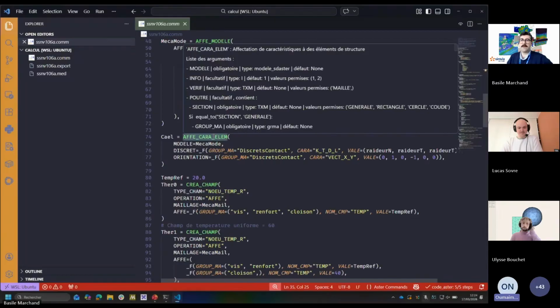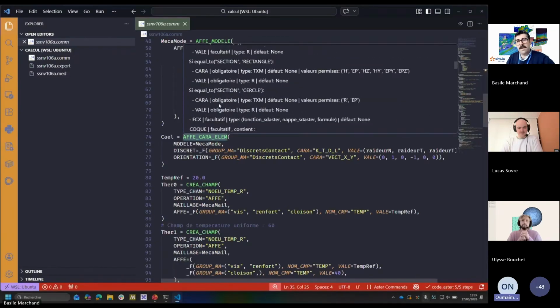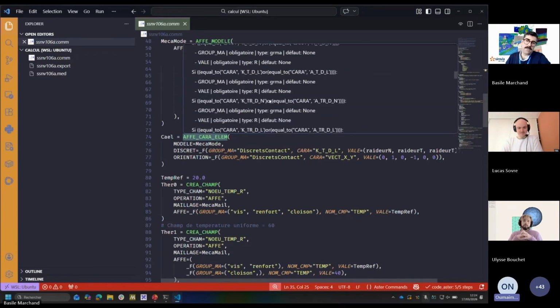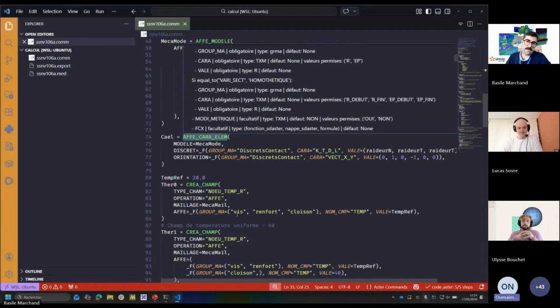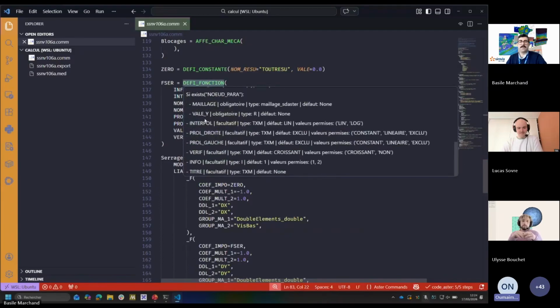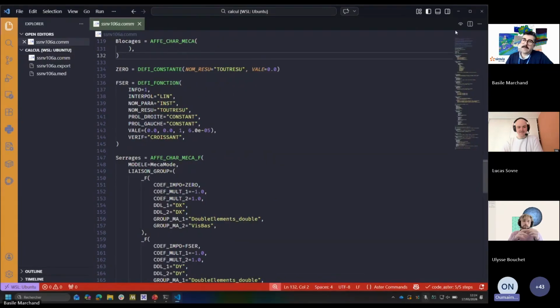It works for all the commands. You have, for example, AFFE_CHAR_MECA. For some commands, you have a lot of help because some commands have a lot of options. But this kind of help simplifies the process, because if I don't remember, for example, in the DEFI_FONCTION function, the name of the argument, INTERPOL, whether there is an E at the end or not, I have directly the name of the argument. As described by Luca, you have the logo with the eye here,